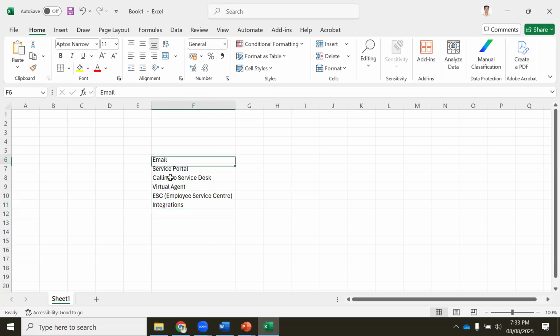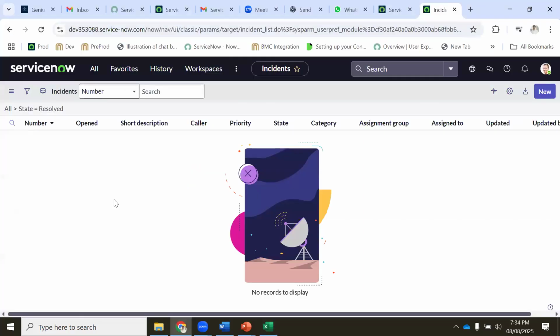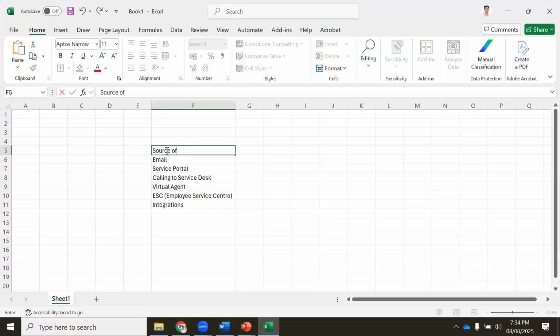So how can the incident be created? I'm talking about how an incident can be created, correct? One is through email. If you send an email to ServiceNow, ServiceNow will automatically create a ticket, okay? Sources, this is called sources of ticket.